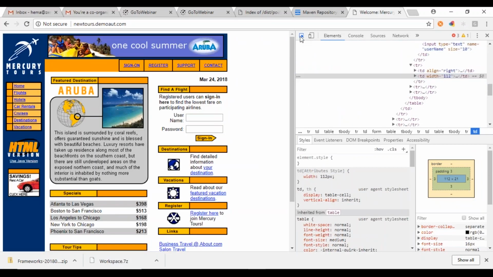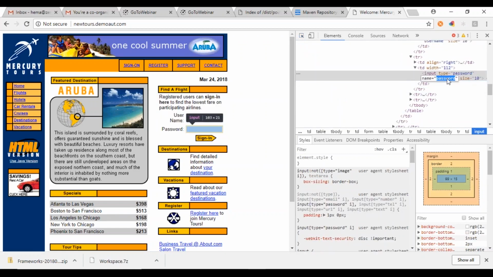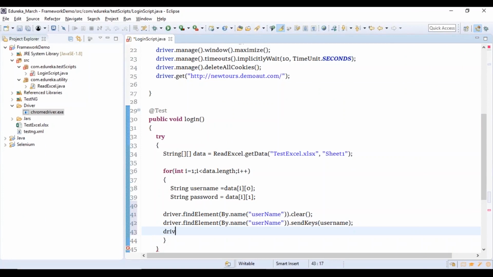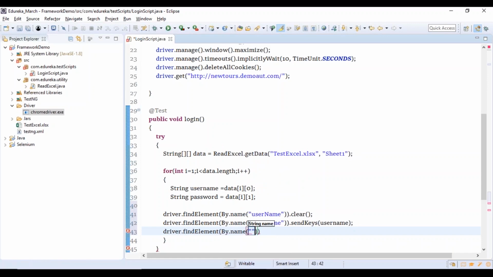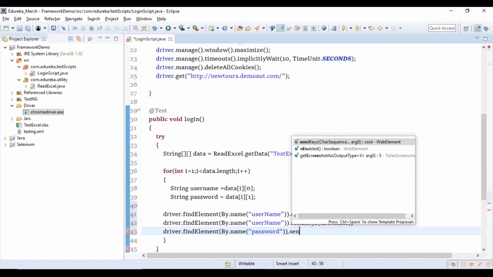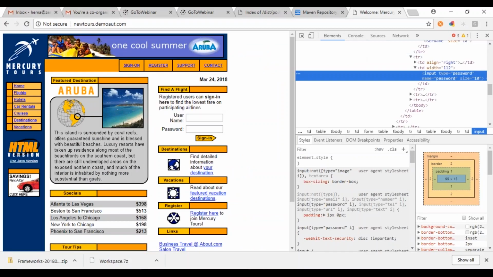Okay, wait, let me go here. Here again we have password as the name. So I say driver.findElement(By.name), I'm going to pass the password here, sendKeys. So password is the value that I'm going to send.